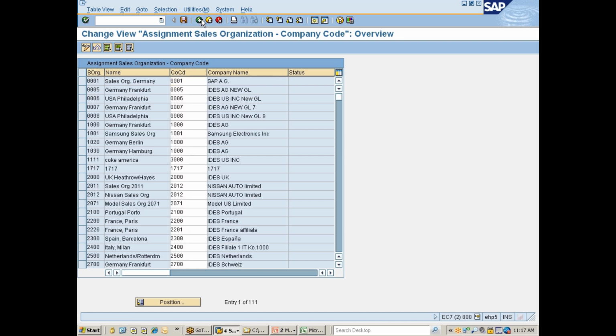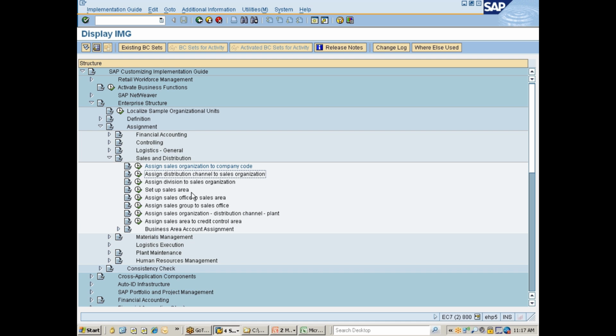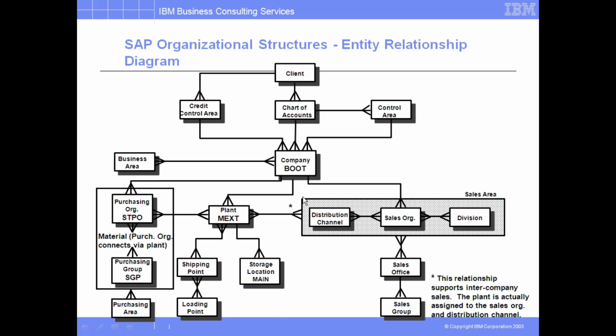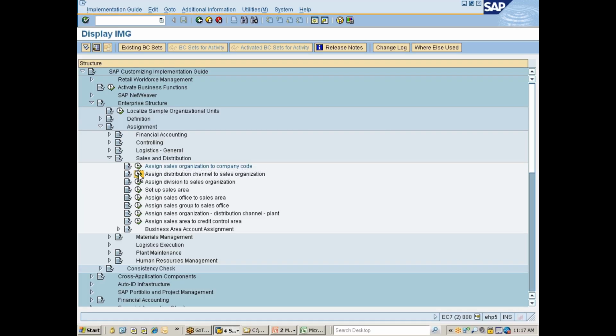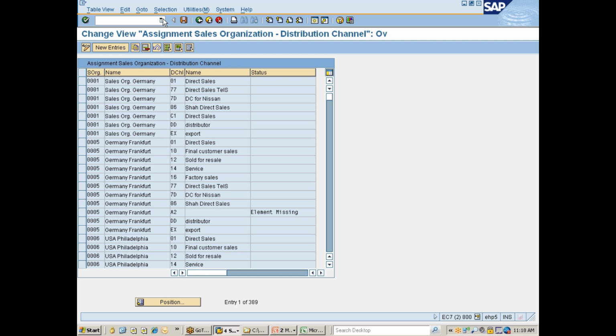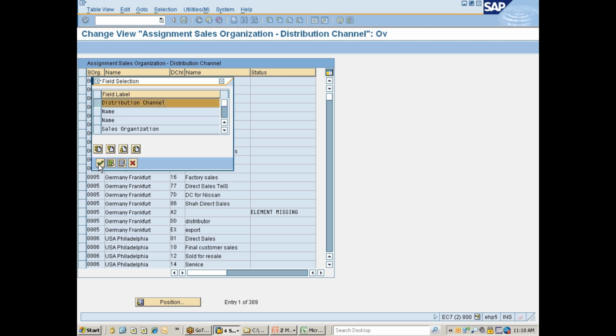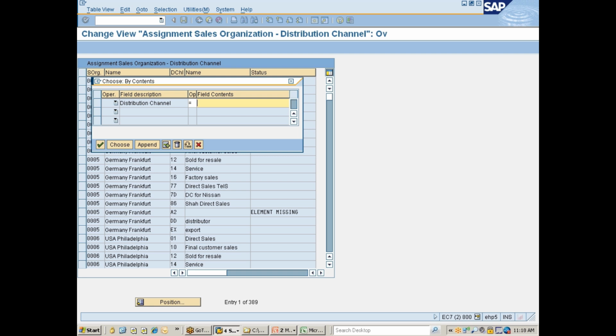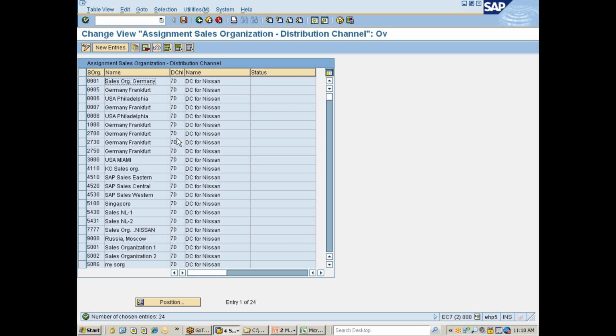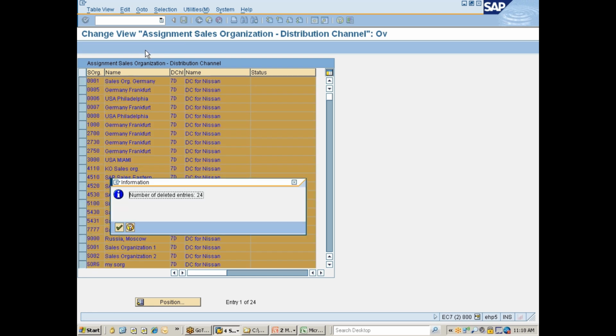Now back, distribution channel to sales organization. This is the link that you have to establish. Click it here. Once again, look for inconsistent entries and delete them. Your distribution channel, I've given it as 7D, I guess. 7D. Choose. Now you see 7D is linked with so many inconsistent entries. Except the highlighted one, everything is inconsistent. So what I'm doing is selecting all, deleting them,